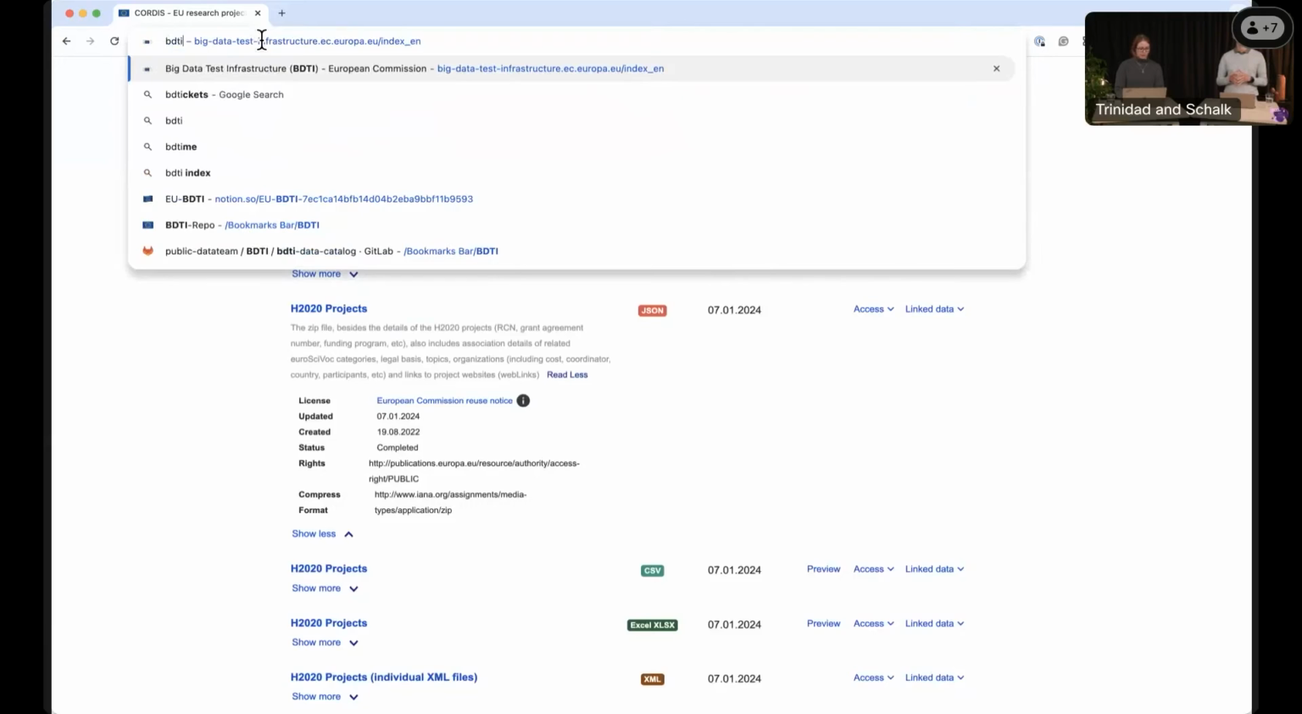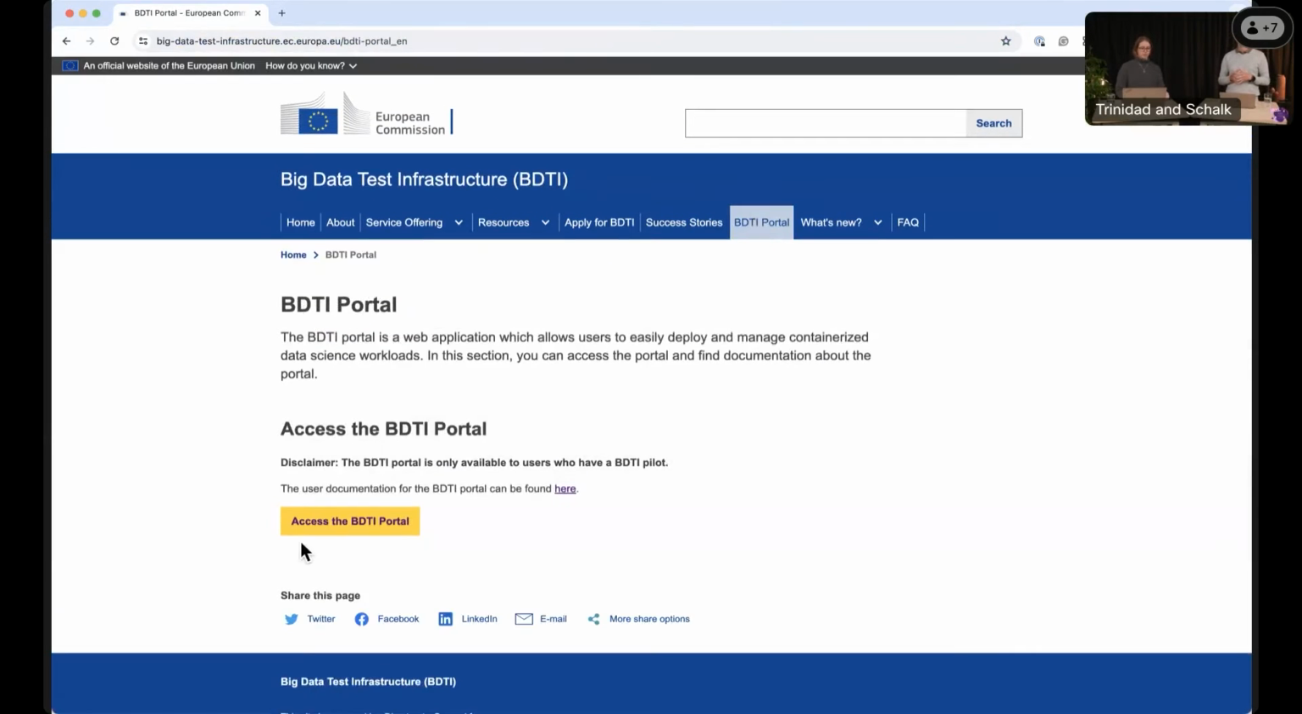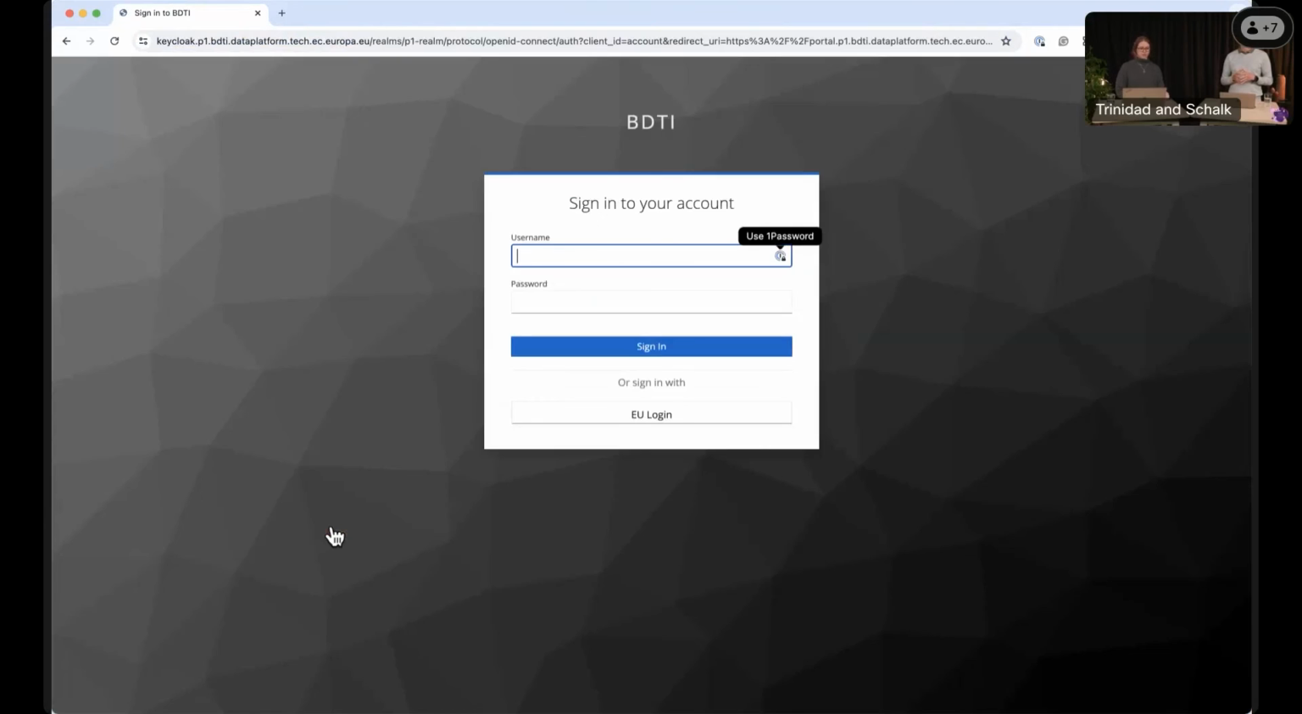So I'm going to go first into the main landing page. So here is the whole information of the BDTI. We can see that there are different sections with resources, with other use cases. And once you have access, so for example, we have access now, we can go to the BDTI portal, we can access the portal, you log in